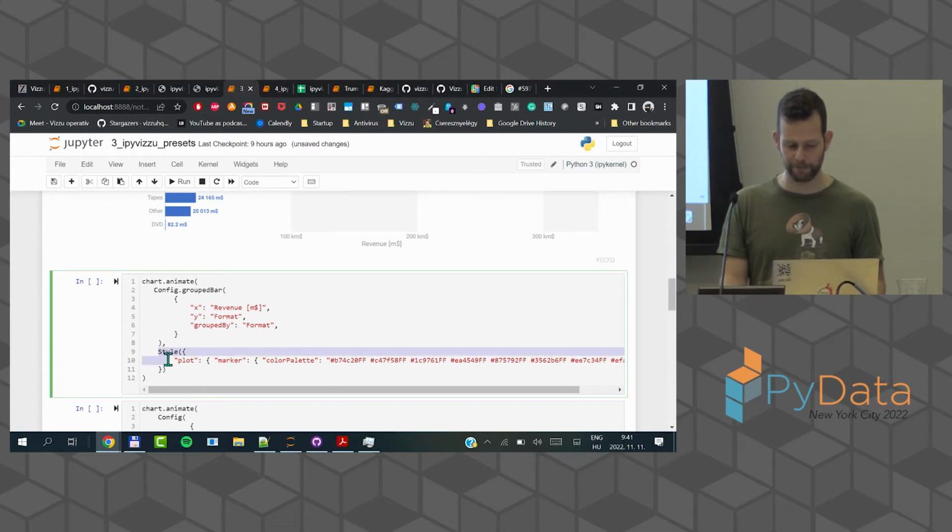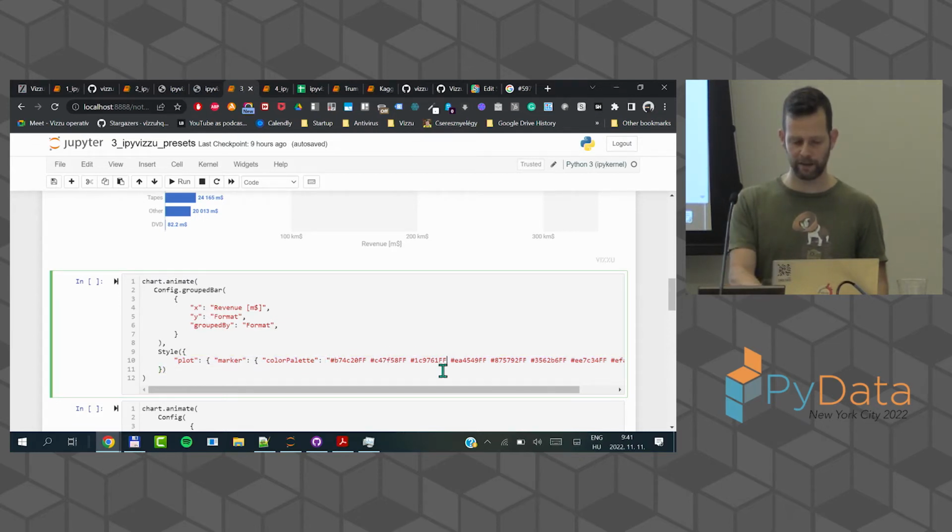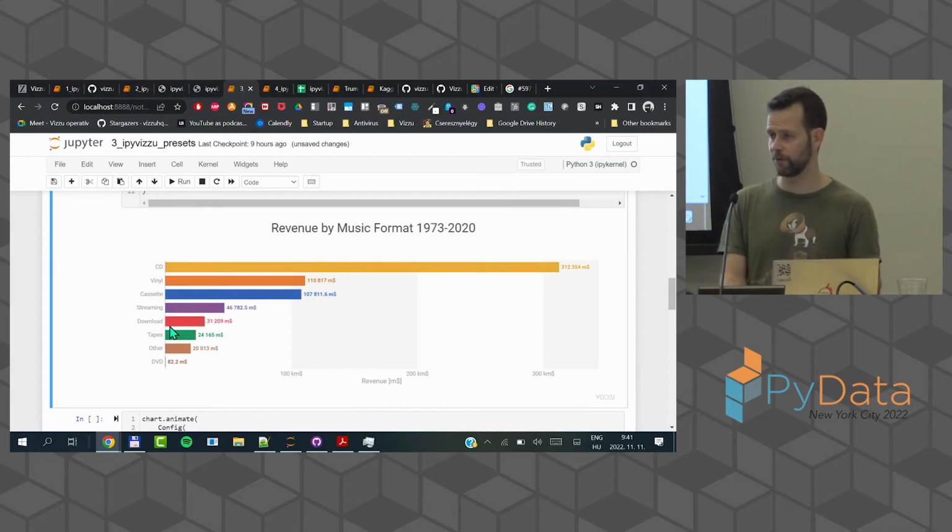And one more example of how we use styling is that we add colors to it like this. So we use the style parameter. We say plot marker color palette, add a list of colors, and there you go. Instead of the colors that you saw before, so which is the default one, you have a new palette that is already working there. It actually makes a lot of sense to change color palettes within a longer story, for example, because when you're showing different categories, you don't want people to think that it's still the same category that you showed before, for